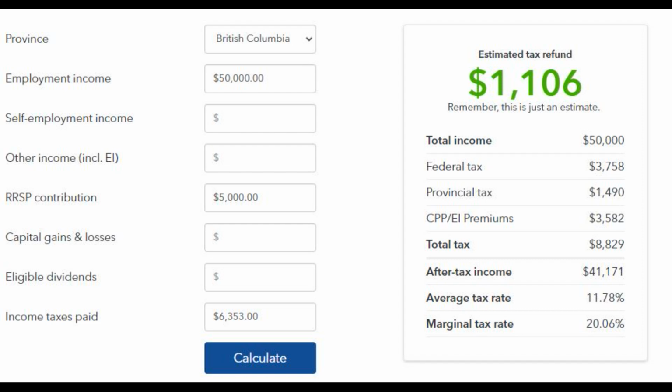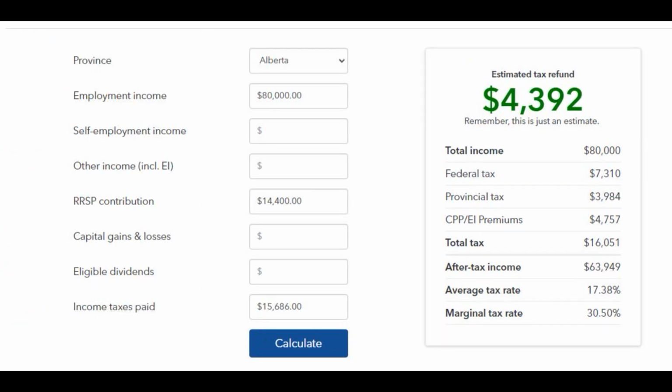So in this case, $50,000 a year, they paid all their taxes already through the year, that on $5,000 RRSP contributions, they've saved $1,106. So they will be getting that in a tax refund from the government this year. In this next example, we have somebody living in Alberta making $80,000 a year. They have paid all their income taxes for the year, which is over $15,000, but they also contributed a maximum value, $14,400, and that has saved them